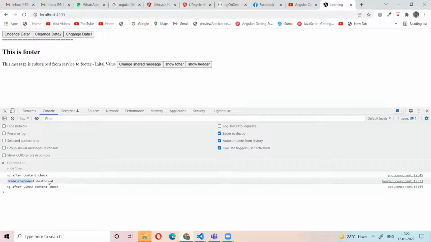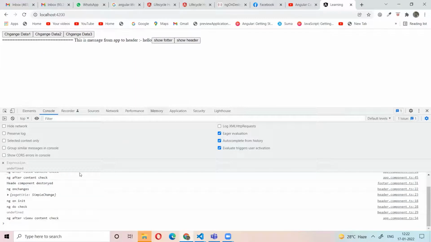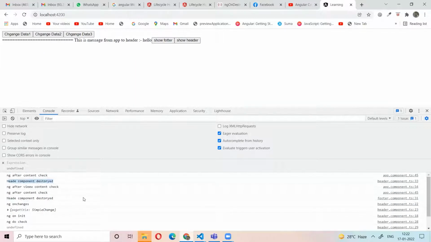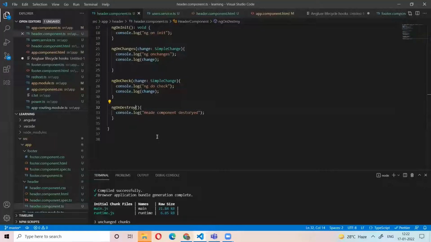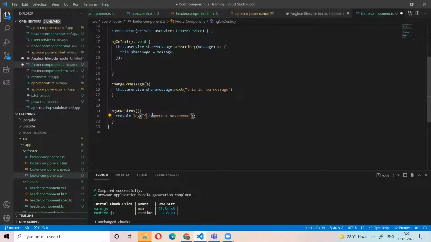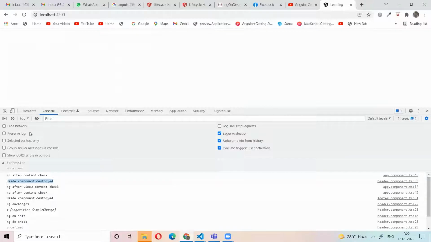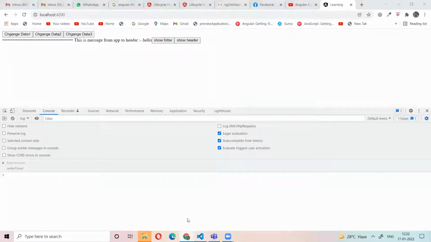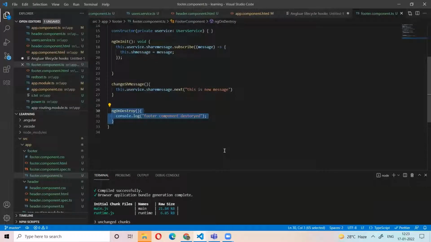See, the header component is destroyed. If we click the show header, the footer component will be destroyed. So what happened is, here I need to write footer. Before destroying any component, we use ngOnDestroy. It is the individual component's lifecycle method.